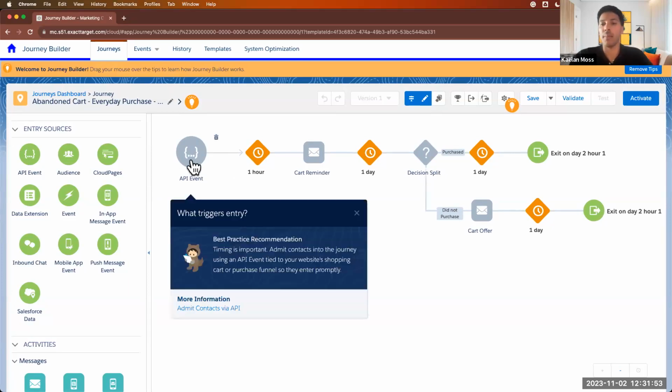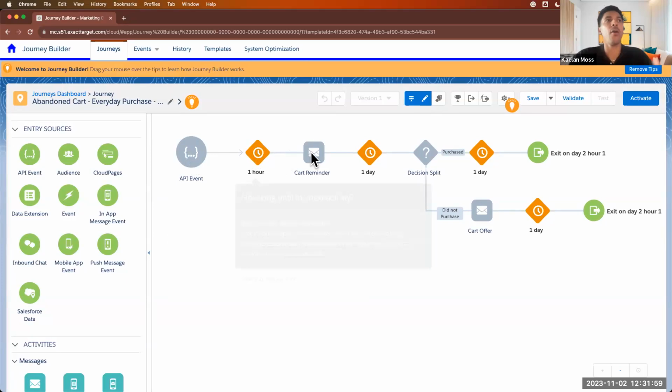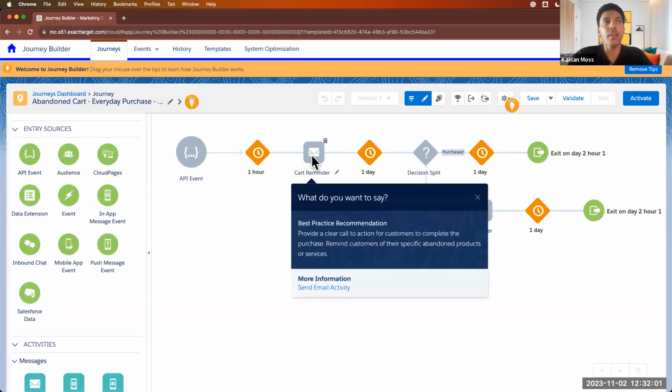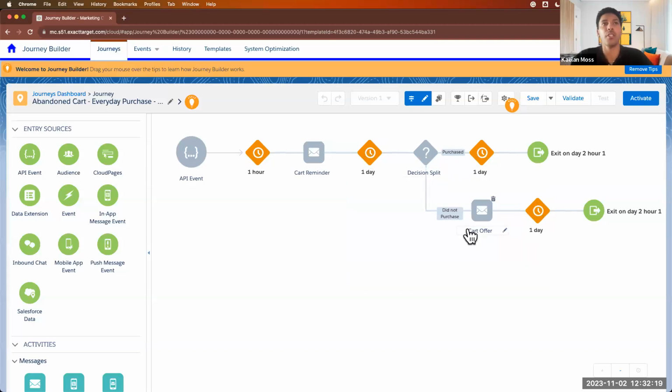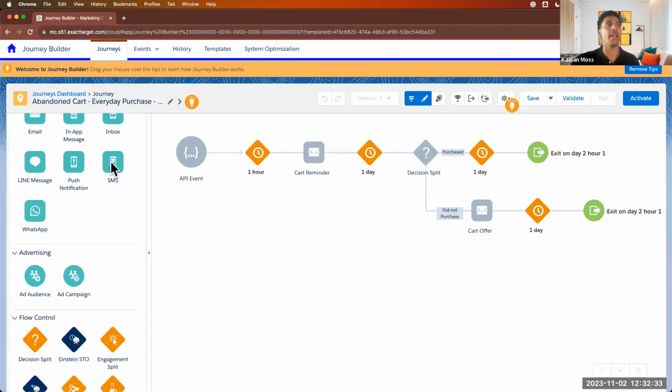If a customer, let's say, for example, enters their email address on your website, you might wait an hour, then send them an email. In this example, a customer didn't purchase. Let's say on Amazon, you didn't purchase something. You get a cart reminder to follow up. Hey, we noticed that you didn't make your purchase. Would you like to finish it? If they don't answer that one, then you send them down this path right here, which is, hey, let's give them a 15% discount to maybe sign up for this thing or to purchase what was in their cart, right? So depending on the scenario, you can create whatever path you want. And it's really easy to just drag and drop everything in here.